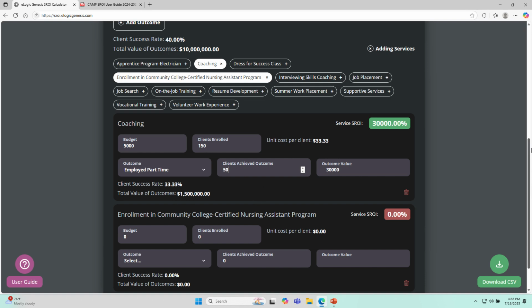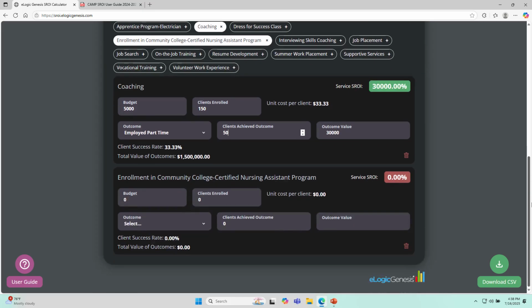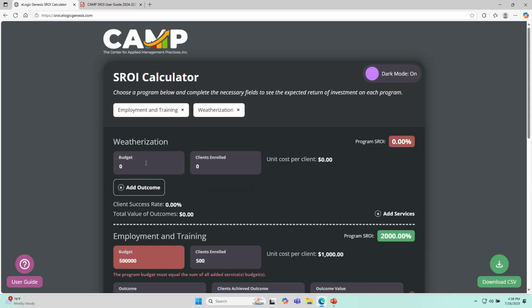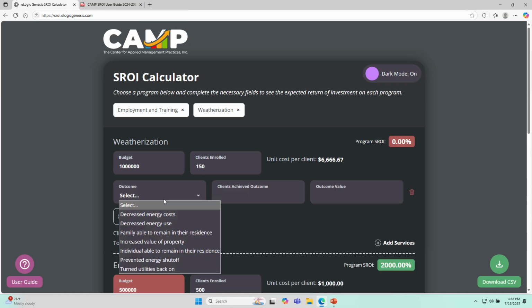And then we did the same thing for weatherization. So again, put your number of clients in. And if you look at the outcomes, you see here decreased energy use, energy cost, value of property.